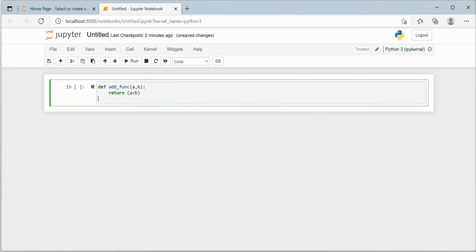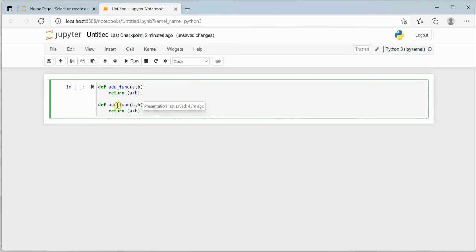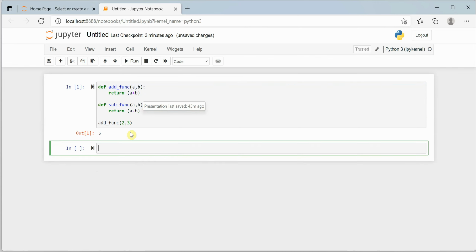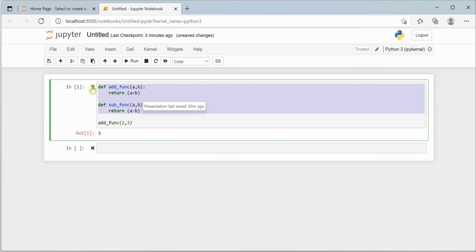Similarly, we will have one for subtraction, and maybe we can have many more: multiplication, division, percentage, and whatever you want to calculate. So let's stick with these two. Now these are the two functions. If I have to call a function, I can say func 2 comma 3, and it will give me the required result 5. Now let's assume there are hundreds of functions. So are we going to make a call here itself, and are we going to define everything here? No. This is not the recommended practice.